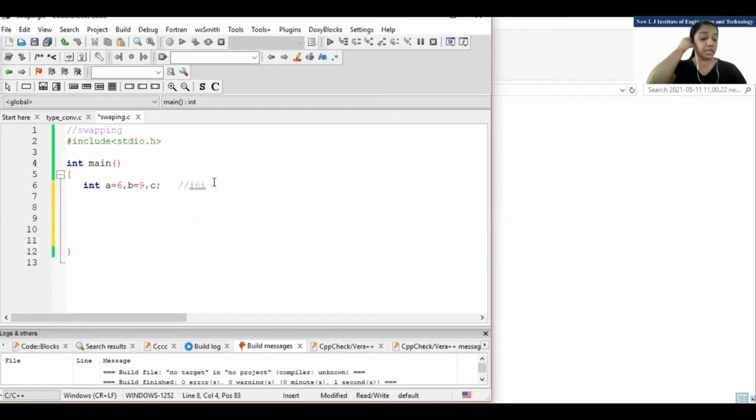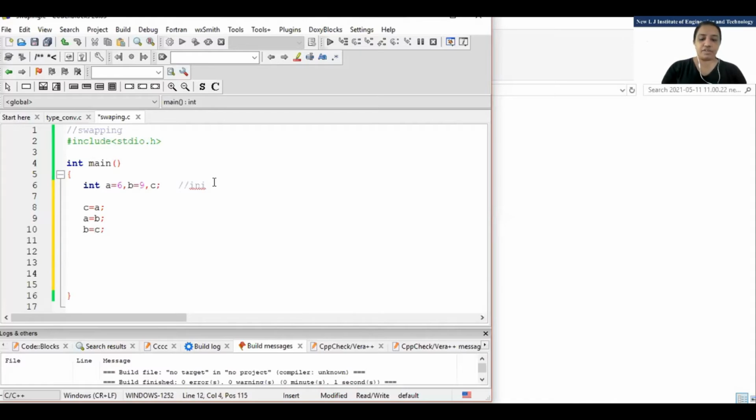First step: there are three jugs A, B, and C. Whatever water is there in A, I need to transfer into C. So C equal to A. Next step should be A equal to B. Whatever is in B, I need to transfer into A. Then whatever is in C should go into B. So B equal to C.